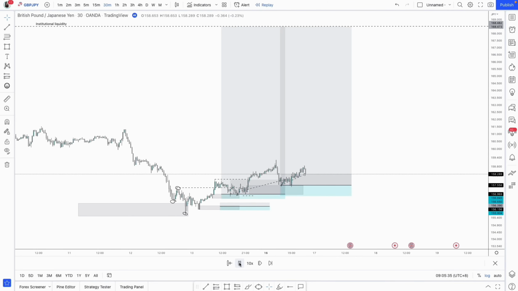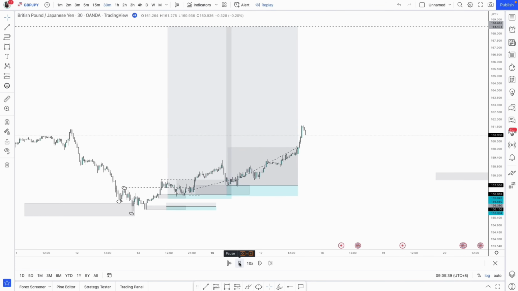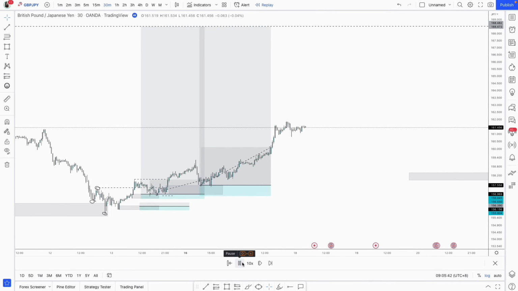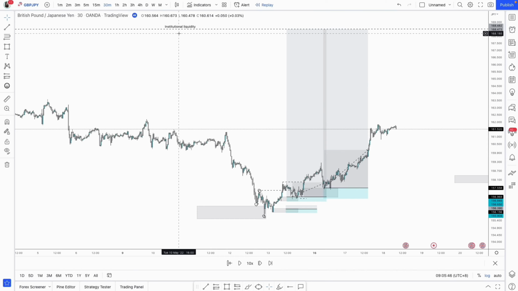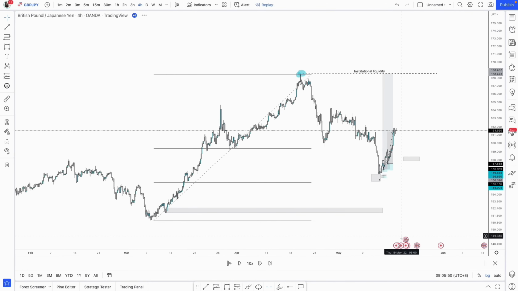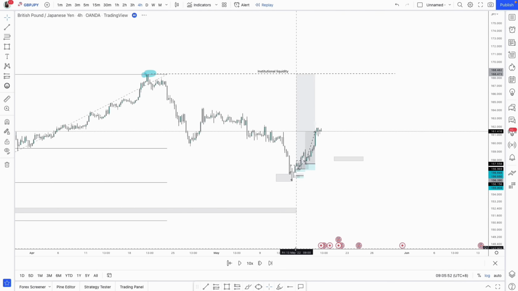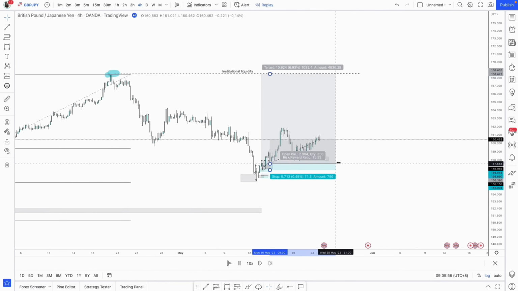So I just want to play price out. Price taps into the level and gives another break of structure to the upside. Now I'm just going to go to the 4-hour time frame because essentially we're targeting the institutional liquidity level up here that's in alignment with the order flow. That's all we want to do. And when price hits that level,